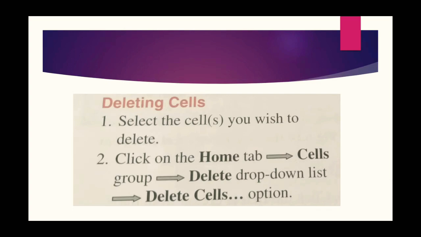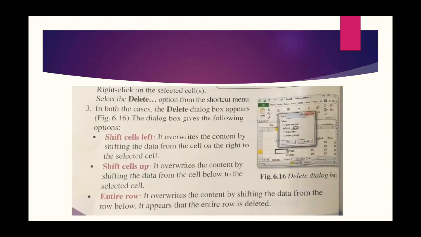Deleting cells. Select the cells you wish to delete. Click on the Home tab, then Cells group, then the Delete drop-down list and the Delete Cells option. In both cases, the Delete dialog box appears. The dialog box gives the following options: